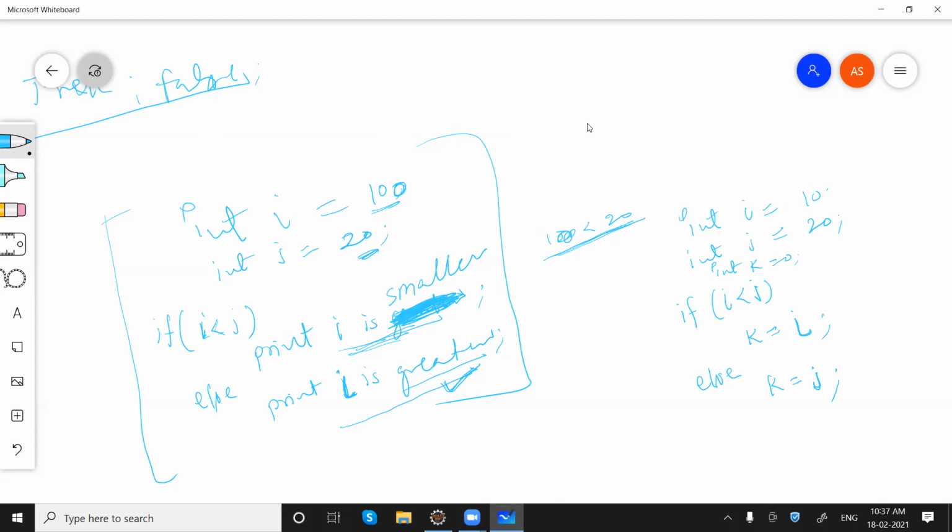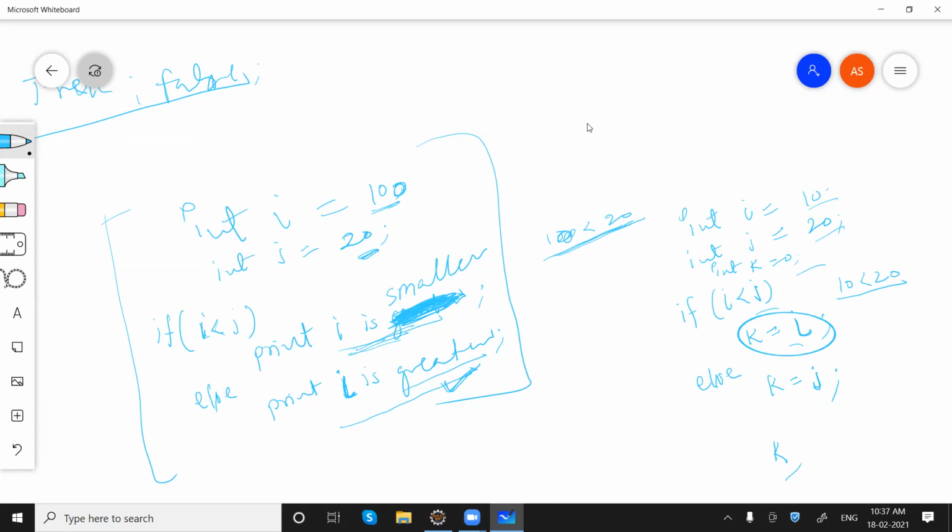What will be the value of k after executing this code? 10, because we are saying 10 less than 20, which is true. Then it will execute this part.